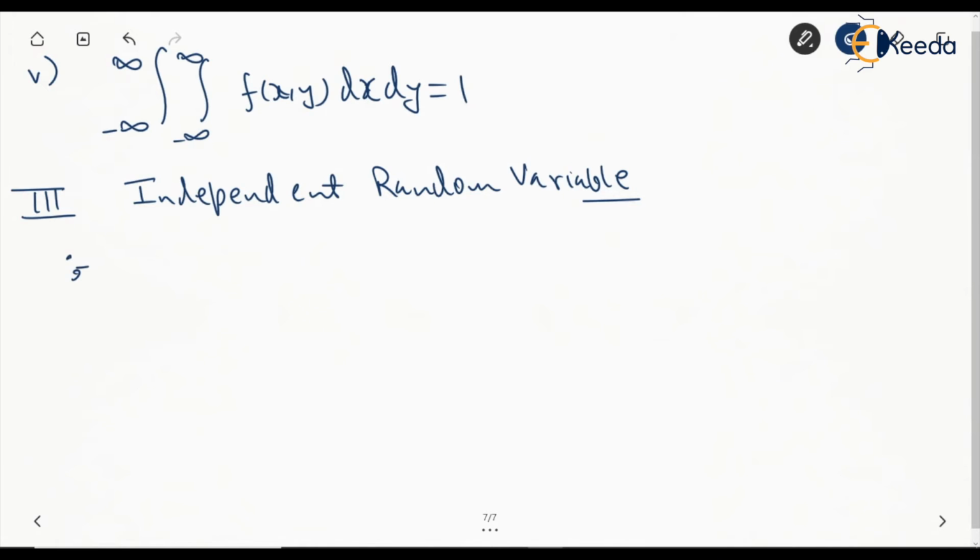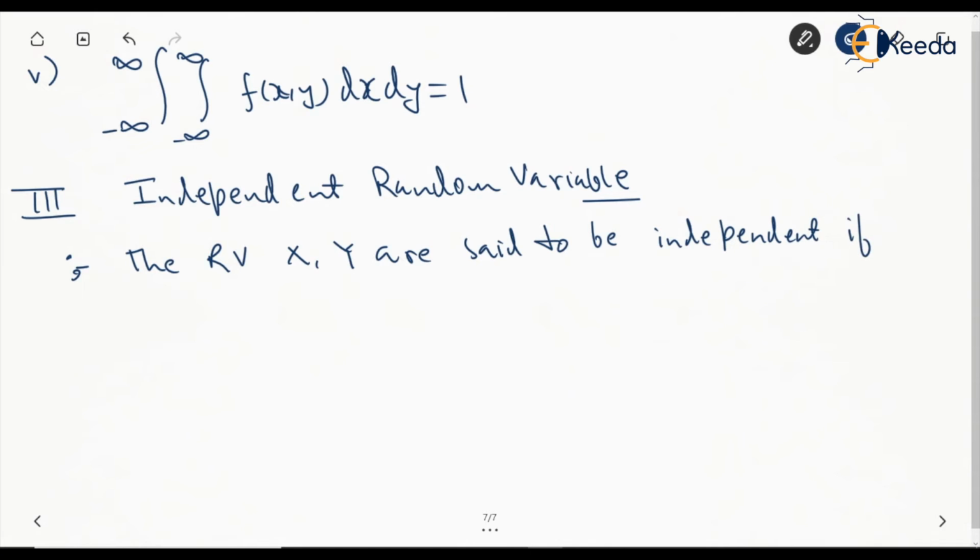So the random variables x and y are said to be independent if, for any set of real numbers A and B, so this x belongs to a set A and this y belongs to a set B,